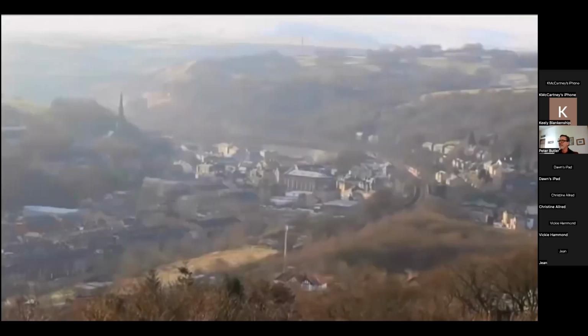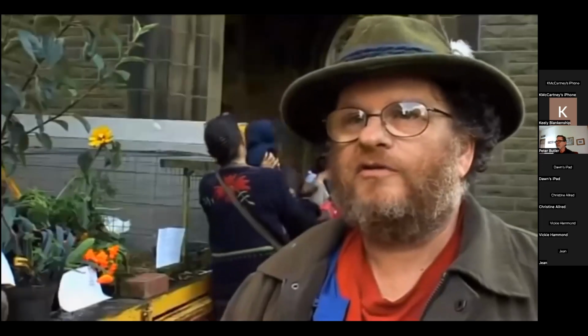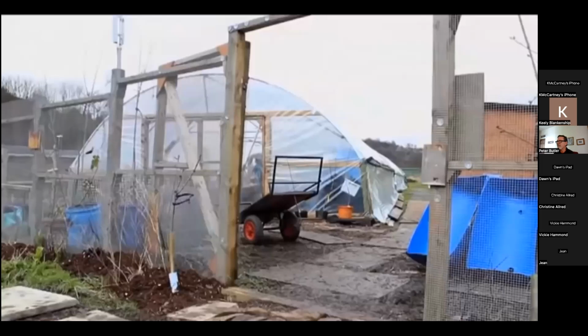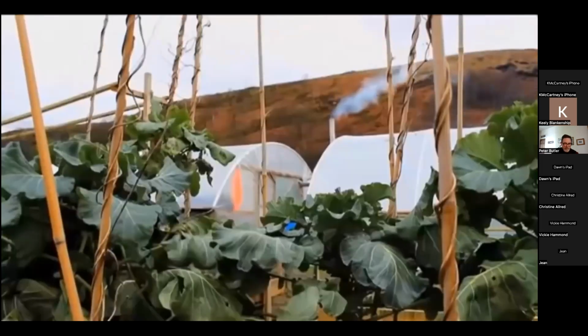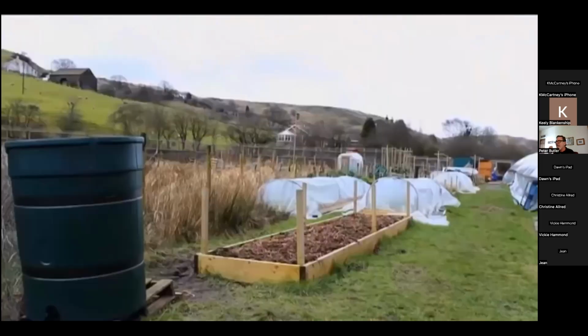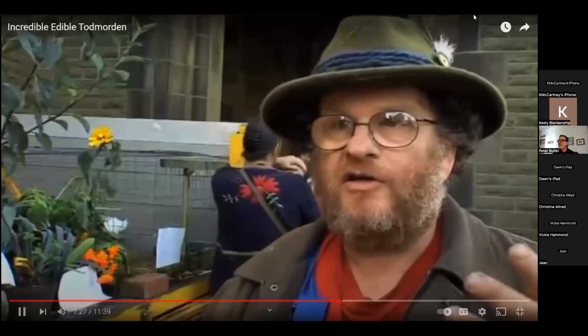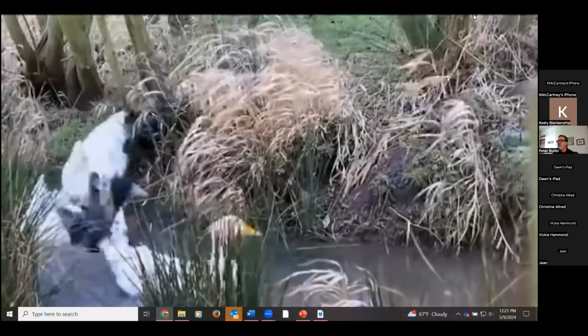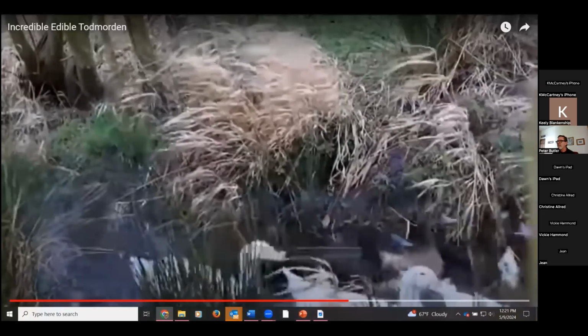In the last 6 or 9 months, I've been building a market garden learning centre in Walsden, which is about an acre of land fenced off and several large polytunnels to train young people to grow food and business skills with the idea that we kickstart new businesses up on the tops producing food. And slowly, with the help of students and volunteers, the learning centre is starting to take off.